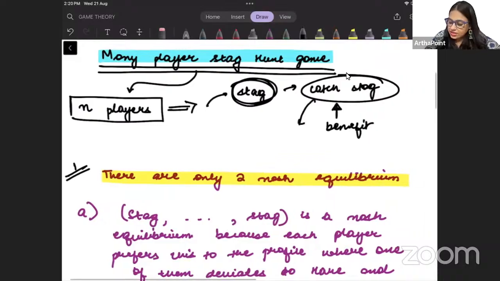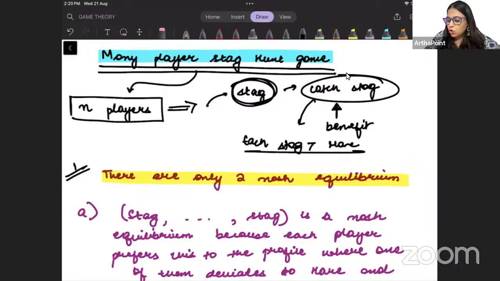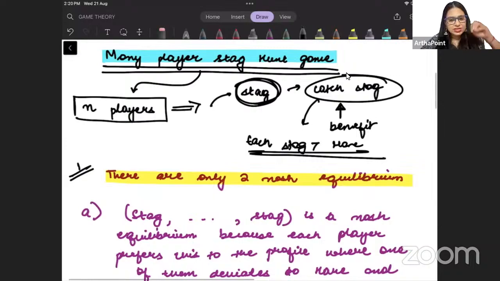The benefit that each one of them will get from the stag is more than the benefit that each one of them will get from the small animal, the hare. Smaller animal, less benefit; bigger animal, more benefit. So it is beneficial if all of them catch the stag. But